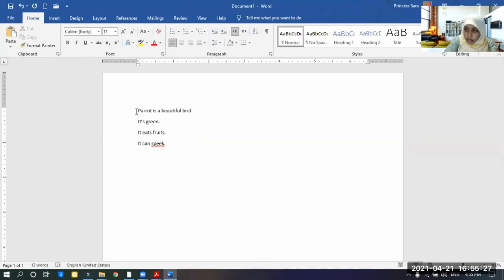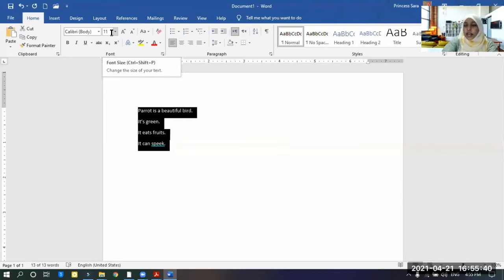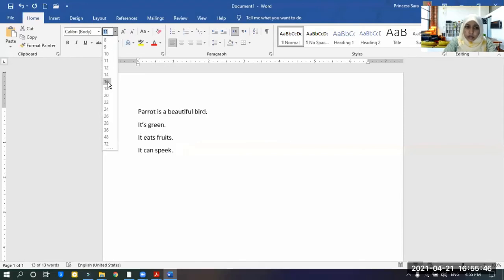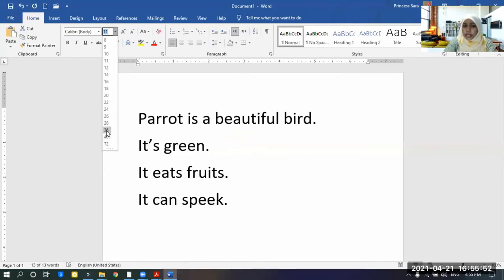So click on the left button and drag it and select the words. Understood? After that, here there is something called font size. This number 11. Click on number 11 and you can select whatever number you want from here.